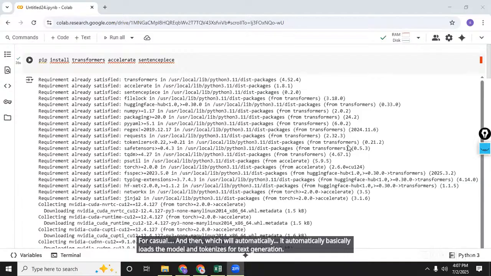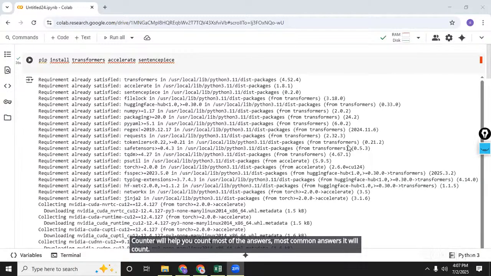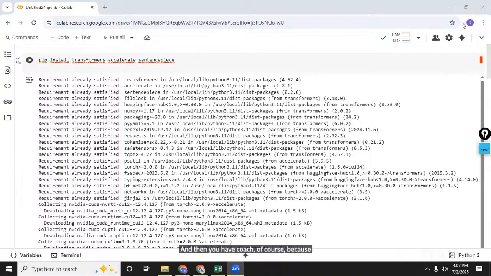Counter will help you count the most common answers. And then you have torch, of course, because it is required for running the models, either with GPU